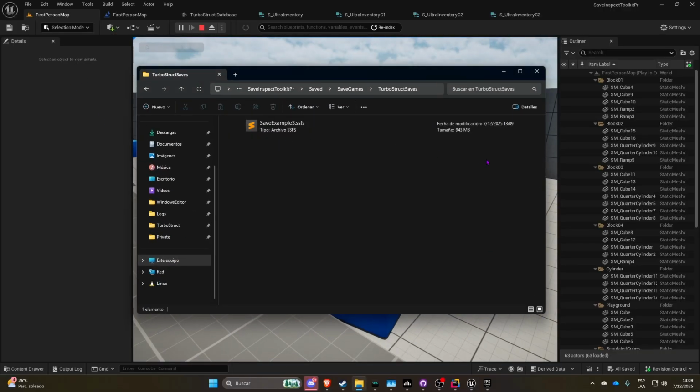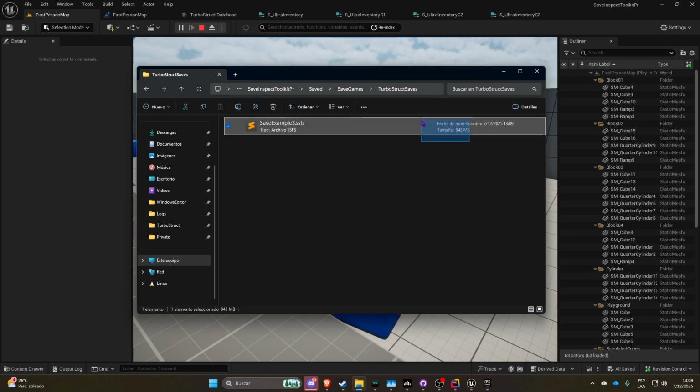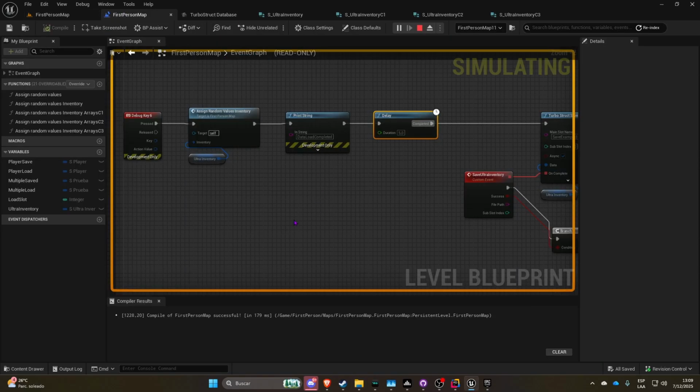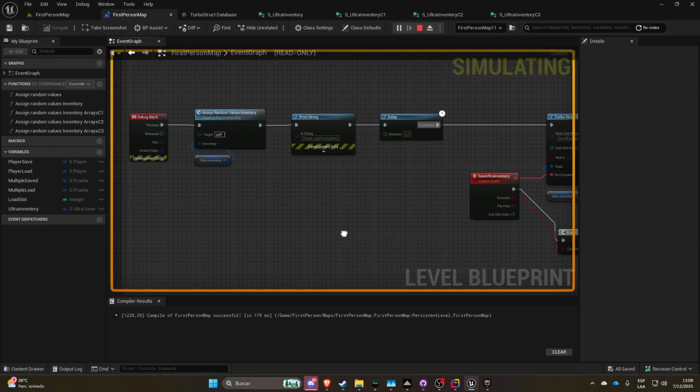As you can see, the folder was created here and inside we have a 943 megabyte file. I mean, it's a huge file. It has a ton of data. In fact, if I were to move the mouse over the Ultra Inventory variable right now, my PC would crash because Unreal can't display that many variables at the same time. It would just crash my PC. So we're only going to